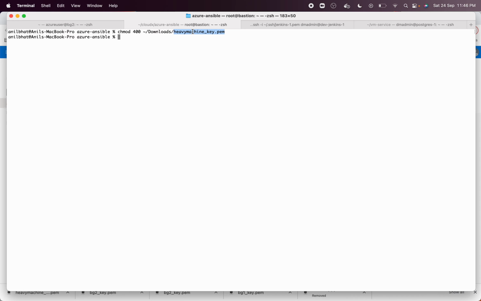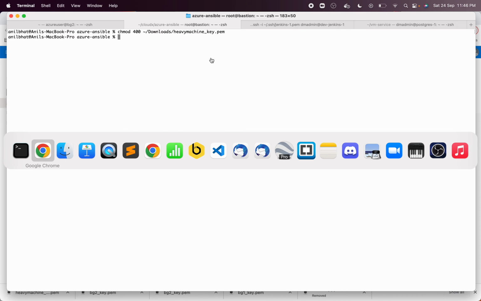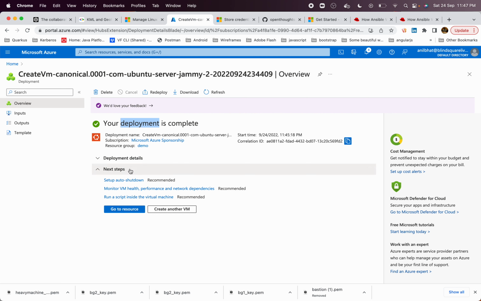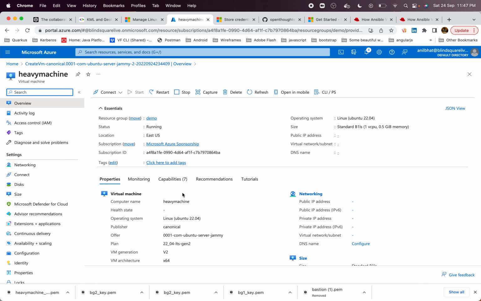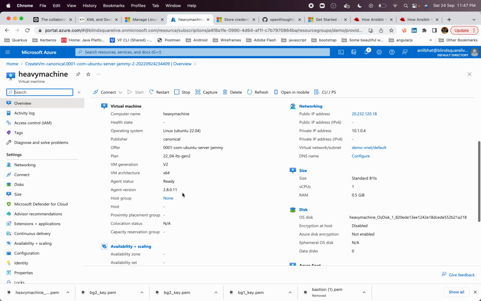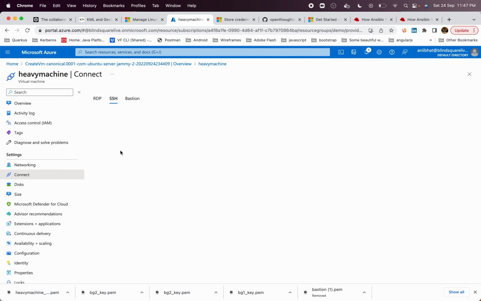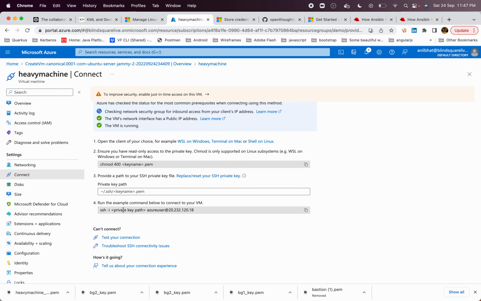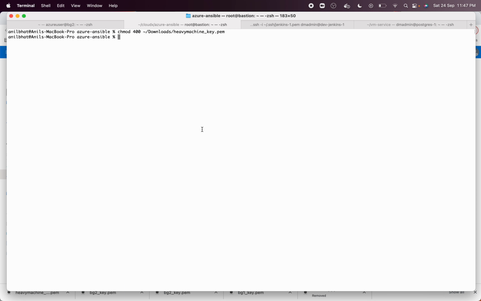So I have changed the permission of the pem file. Now I will use this pem file to connect to that machine to verify whether I am able to connect to that machine or not. Now the deployment is done. Azure actually provides a command which can be used to connect. So this is the command they use to connect to the machine. They say give me the private key path and you should be able to connect, right? So as simple as that, I have to give the private key path, which is